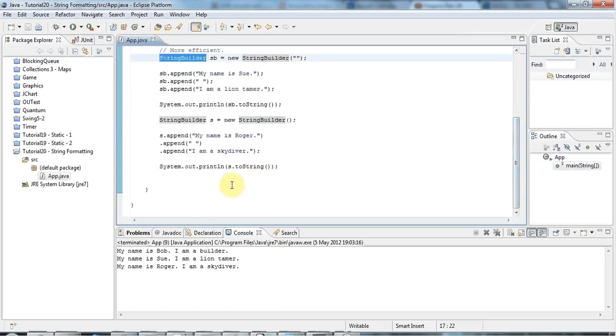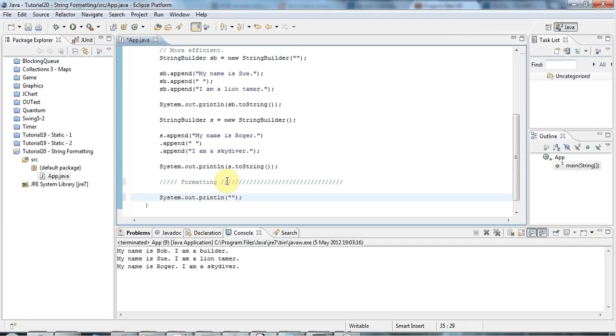So that's that. And what I also want to show you in this tutorial is some stuff about advanced string formatting. So we've already seen that in strings, let's put a comment here, formatting. In strings, you can do stuff like I could embed tabs and new line characters by just using